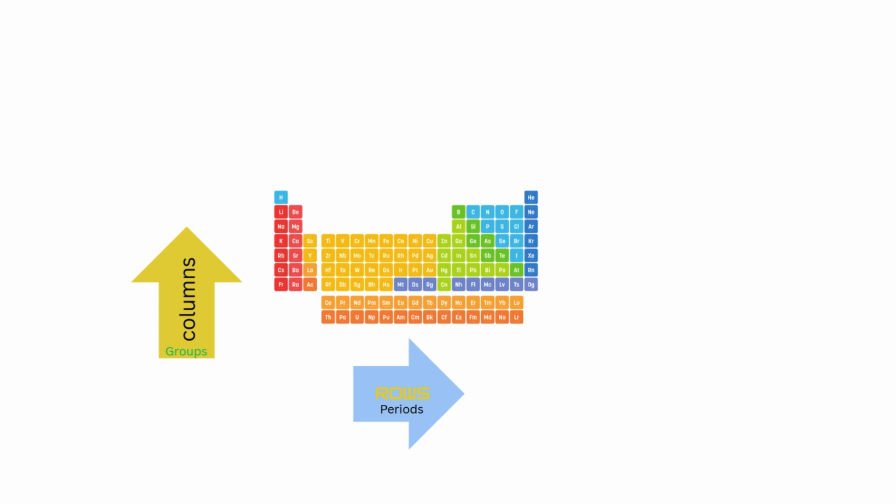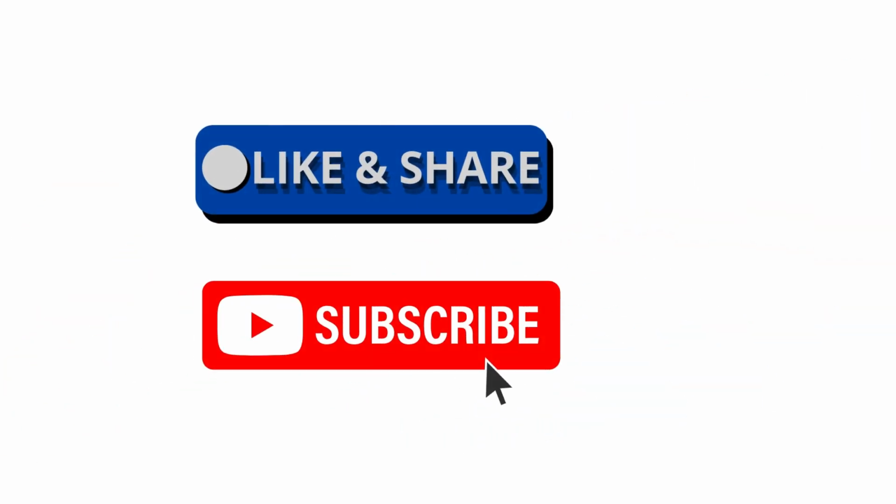It helps scientists predict how elements will react, discover new materials, and even understand life itself. It's like a roadmap for chemistry and beyond. The periodic table is a powerful tool that even helps us discover new elements. In our next lesson, we'll explore how to read the periodic table and what all those numbers and symbols mean. So the next time you see the periodic table, remember, it's more than